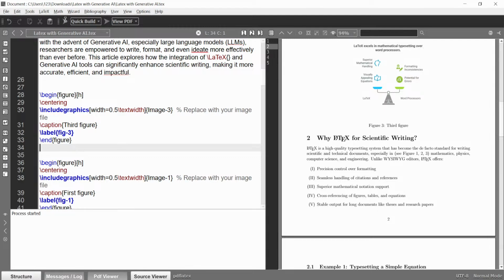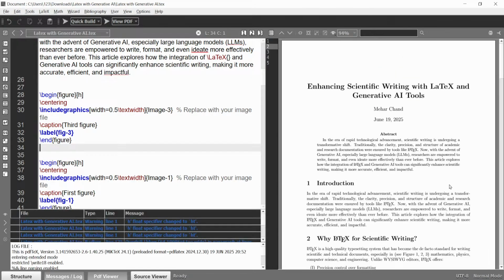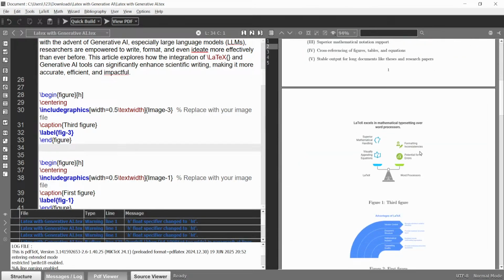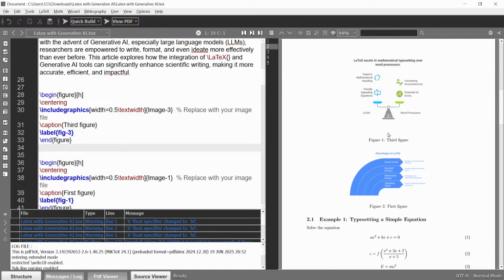See, yes, this was the third figure, but now it becomes the first figure. Okay, figure 1. You can see it was previously figure 3, but now the name of the figure is 1 at the first position, and the caption label is automatically updated. The numbering will be managed automatically inside the document.